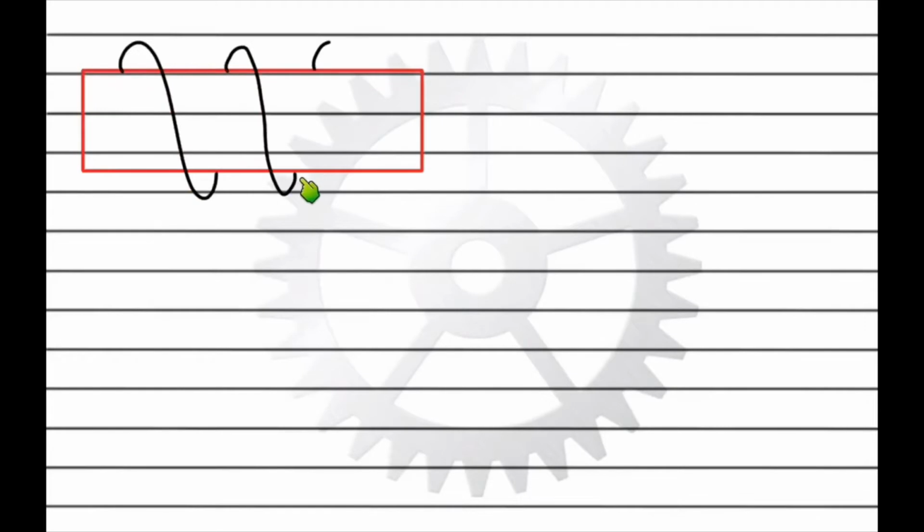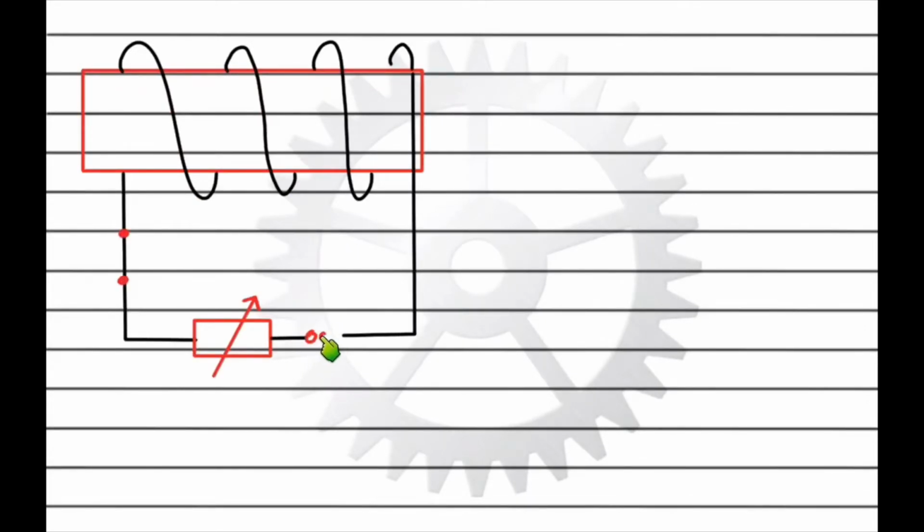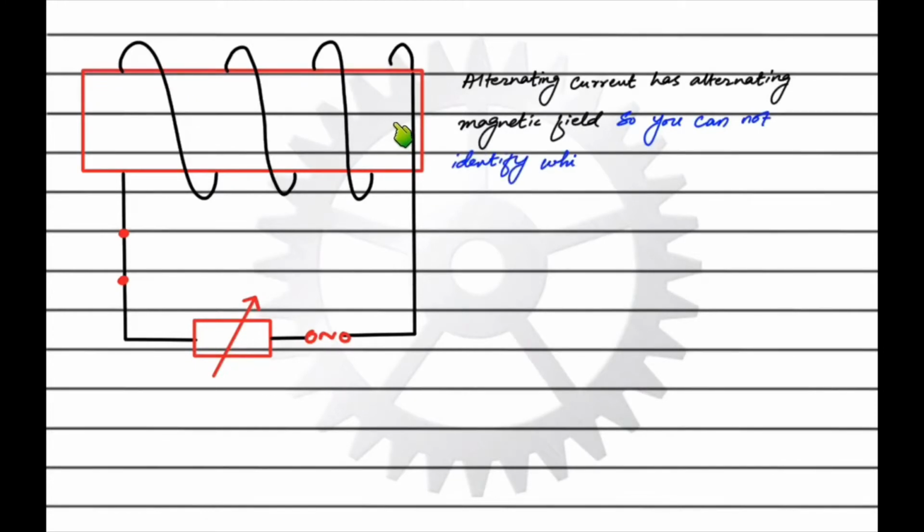Now if there is a solenoid carrying alternating current, it is different from direct current because alternating current has different magnitude and different direction. Because of the change in magnitude and direction of the current, there will be no permanent magnetic field of this alternating current carrying solenoid. So you cannot draw a permanent north or a permanent south. The magnetic field of this solenoid will be fluctuating between north pole and south pole.